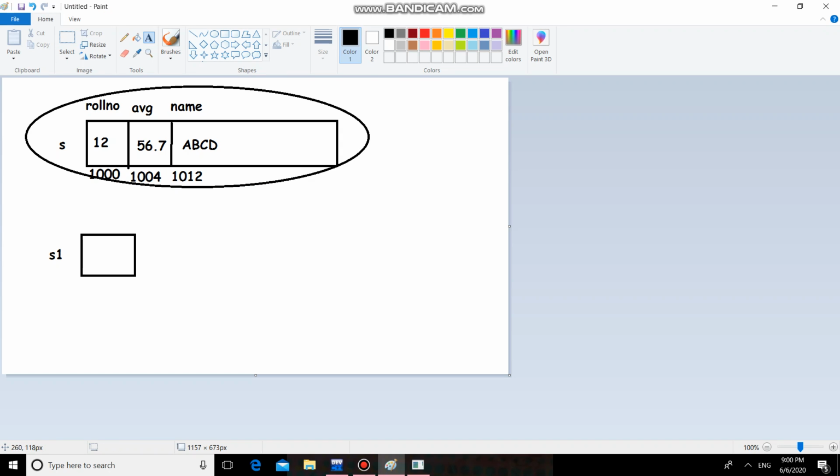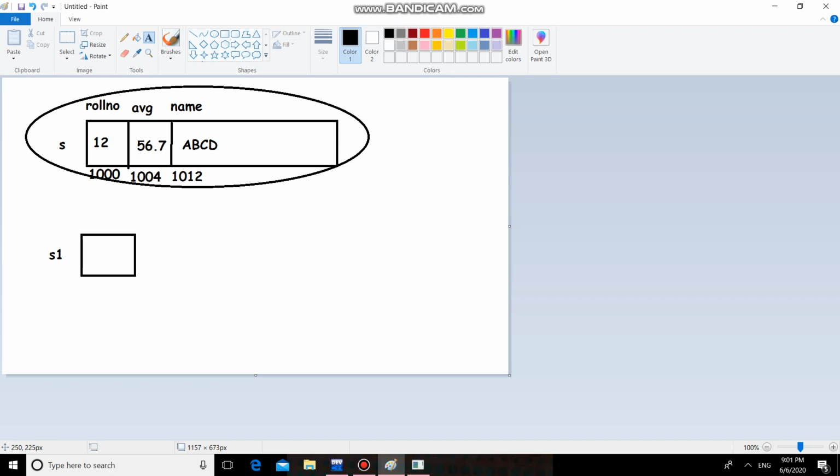So see here, the address of s means the address of s dot roll number. 1000 is the address of this particular block, but to refer to this block we are using s dot roll number. To refer to this second block we are using s dot average, and to refer to the third block we are using s dot name. Getting? So 1000 is the address of s dot roll number, 1004 is the address of s dot avg, 1012 is the address of s dot name of 0. Getting? Or s dot name.